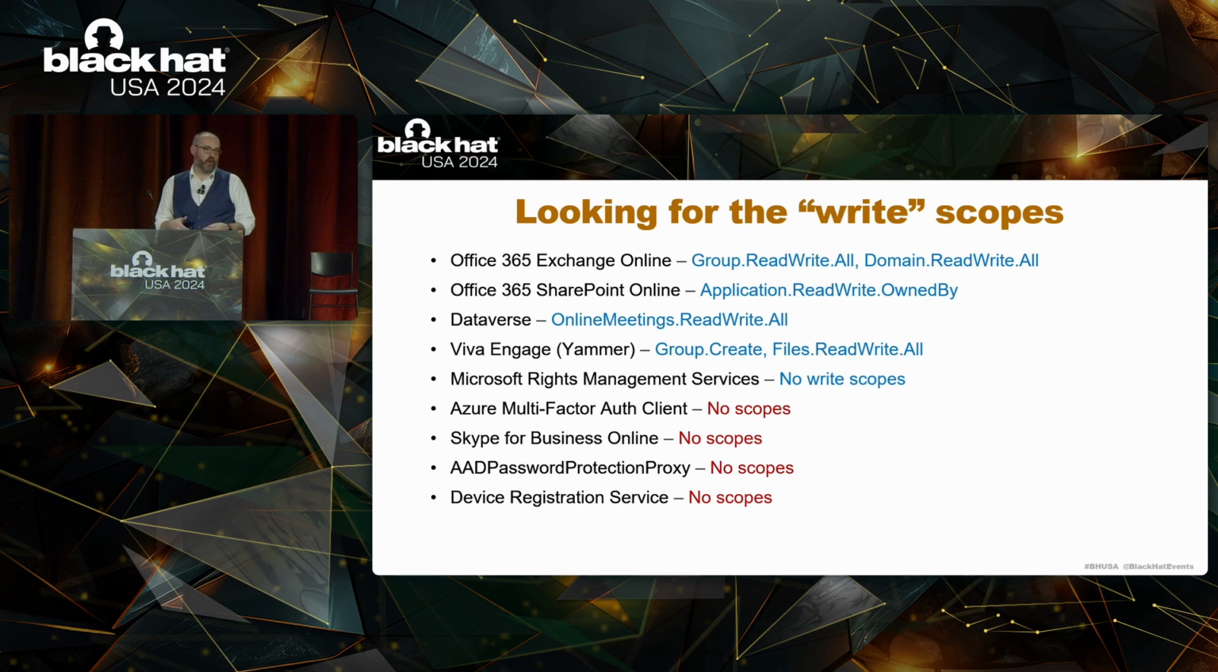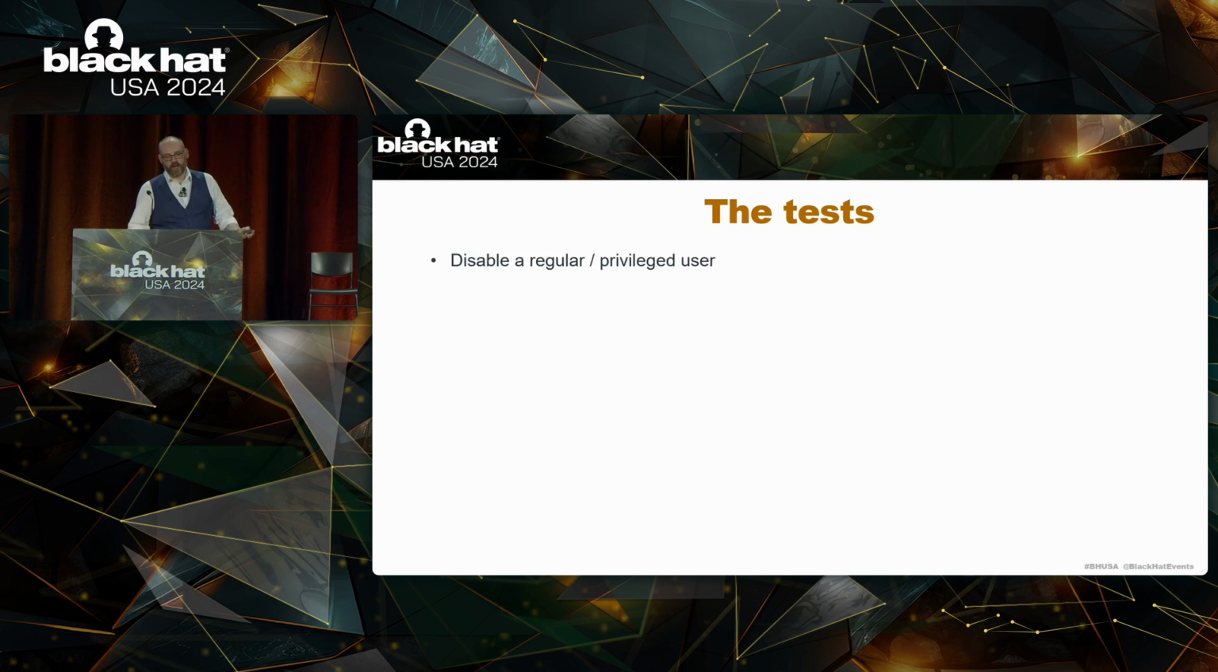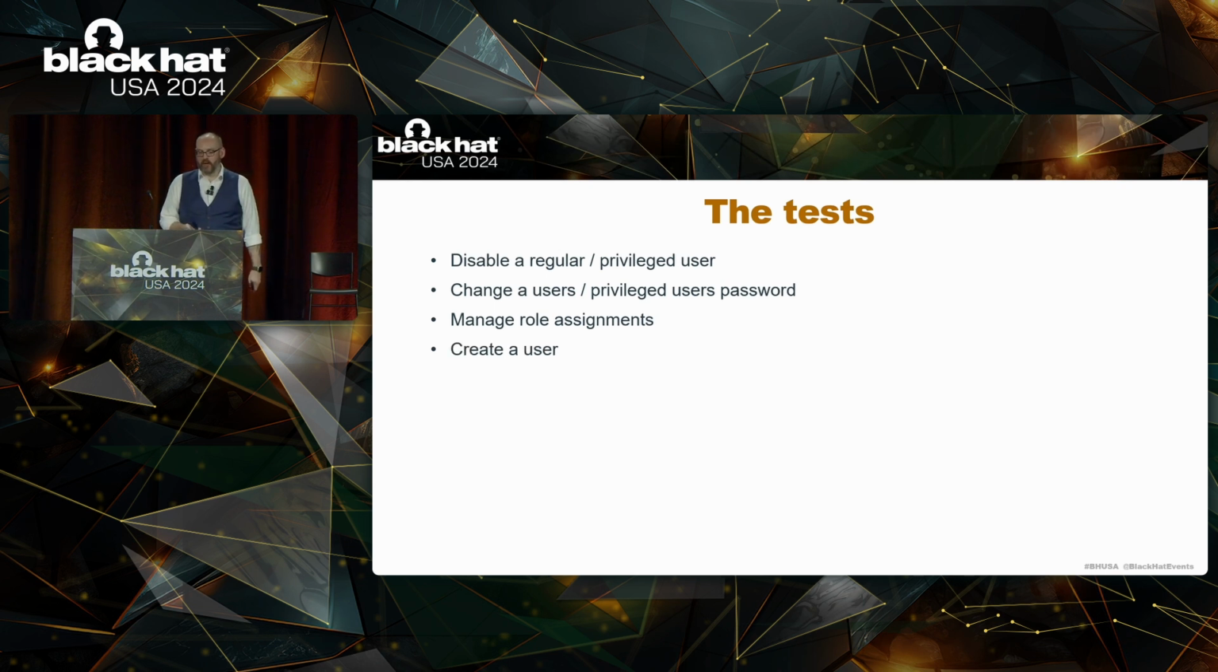As I was going through this, I talked with some other researchers, and everyone's come up with this list of nine applications, and it's not really all that crazy. But where things differed for me is I decided to try privileged things anyways, right? And these privileged things include disabling a regular user, disabling a privileged user, regardless of what scopes or permissions I have available to me, changing a privileged user's password, managing role assignments, creating a user, deleting a user, and deleting a privileged user, permanently deleting a privileged user,